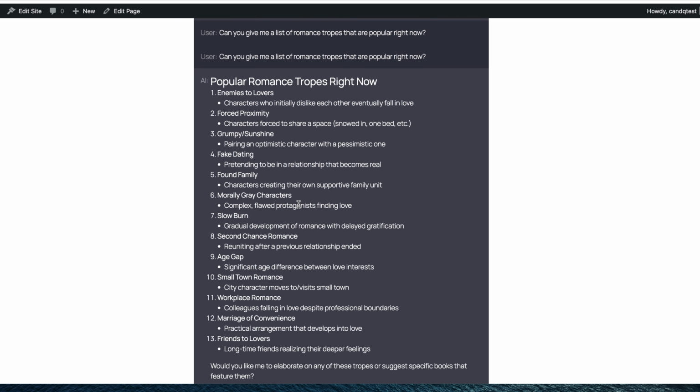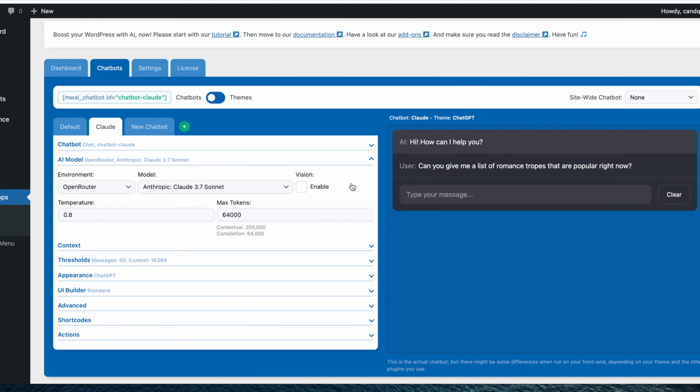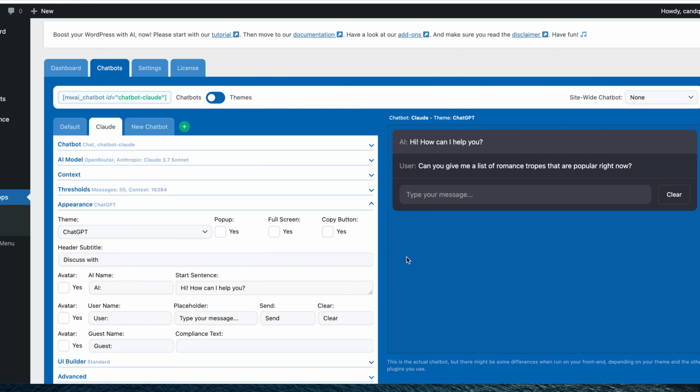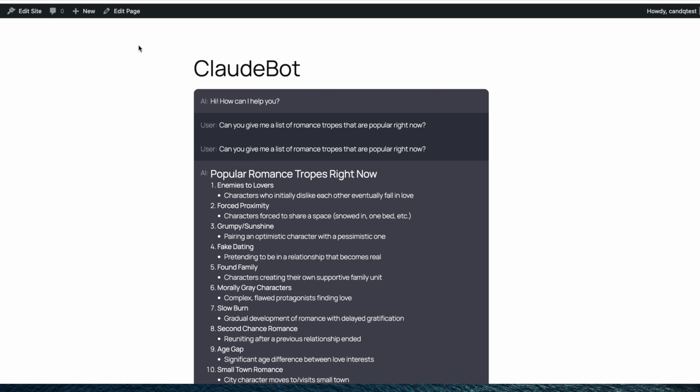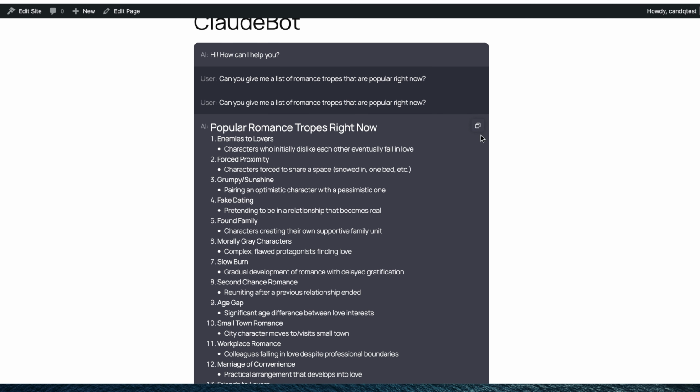So it's going to give me the popular romance tropes, but without the copy button appearance I won't be able to copy it. So let's say yes. Refresh. Now I have a copy button, so I can just click and then I can copy it onto my page,